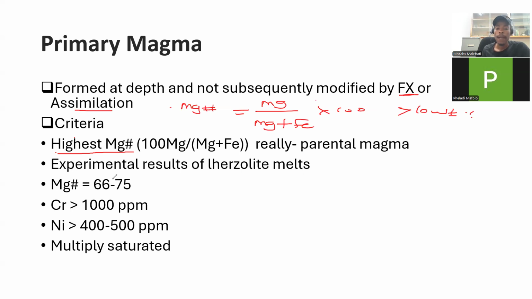Okay, now when we are looking at the experiments of the lherzolite melt, we get that the magnesium number is between 66 to 75. Then the chromium content is 100 parts per million. Nickel is that, and then it's saturated as well. All right, so that's basically what we'll be looking at when we're looking at the primary